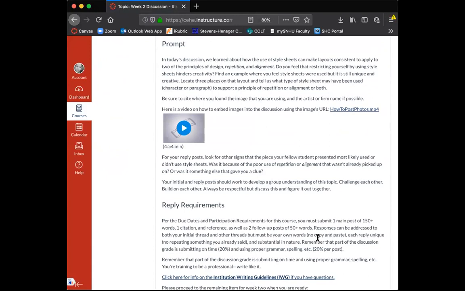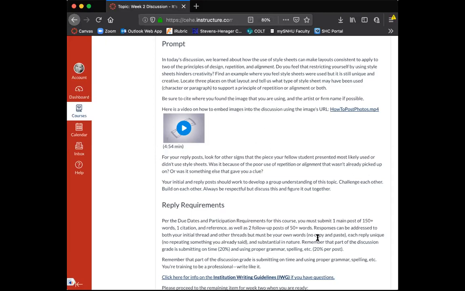In today's discussion, we learned about how the use of style sheets can make layouts consistent, applying two of the principles of design, repetition and alignment. Do you feel that restricting yourself by using style sheets hinders creativity? There might be a time when you might not want to use style sheets, and when would that time be?